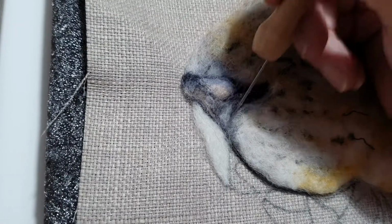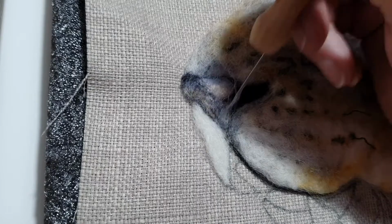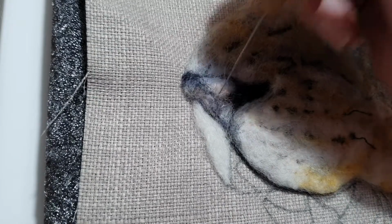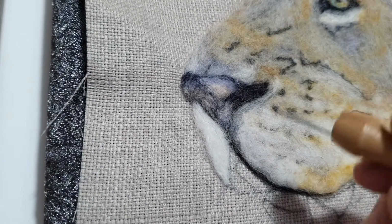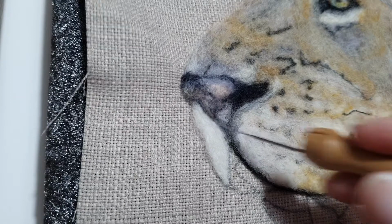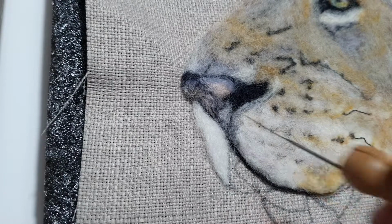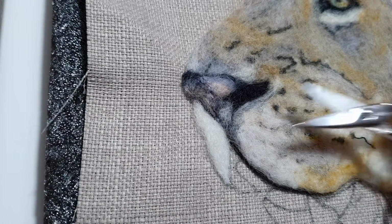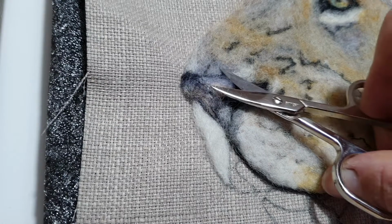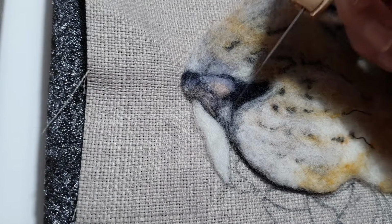There you go. And it's just created that colour. So we're not quite as high, but we are higher than the actual nostril bit. Just going to bring these fibres down. There we go. With a bit of a trim. Oh, I keep blowing me bits of wool everywhere. Right, so